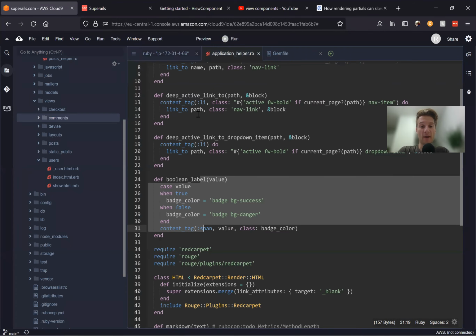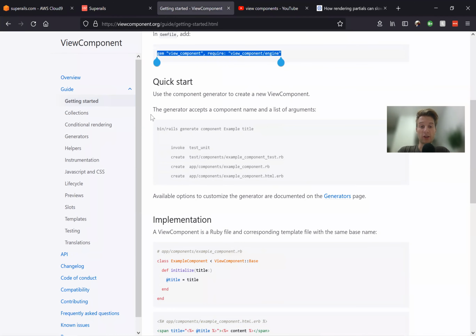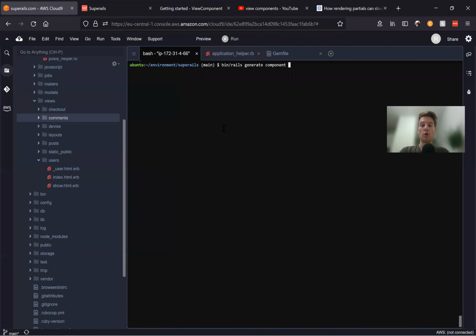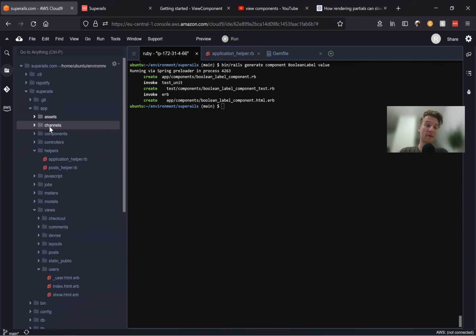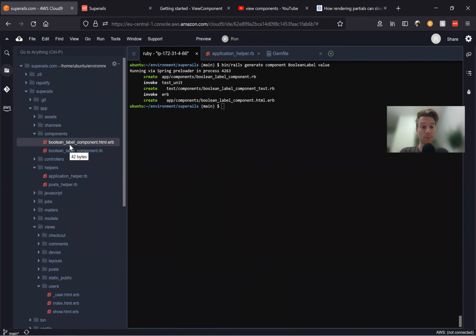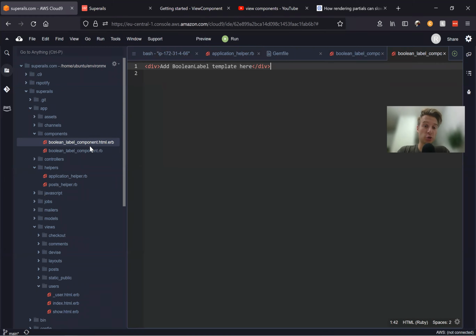So at the moment, we have a boolean label with a value, and instead we are going to create a component. So rails generate component. Let's name the component BooleanLabel, and it will have a param of value. And what does it create? It created a test file, and it created a new folder in our app. So here we have app, components, and inside the components we have a .rb file and an HTML file. Now basically this .rb file should describe the behavior of the HTML file,